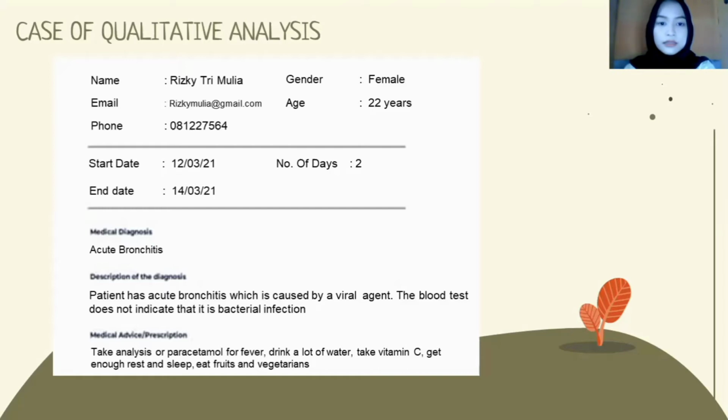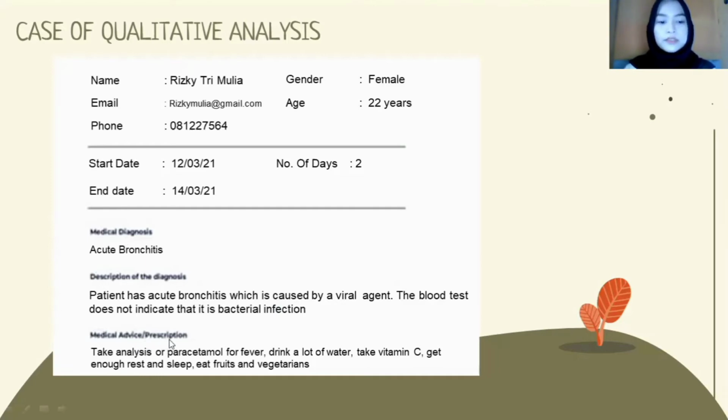Here, in the template is the medical diagnosis. Medical diagnosis of acute bronchitis. Description of the diagnosis: the patient has acute bronchitis, which is caused by a viral agent. The blood test does not indicate that it is a bacterial infection. Medical action